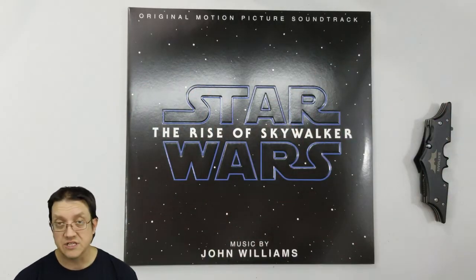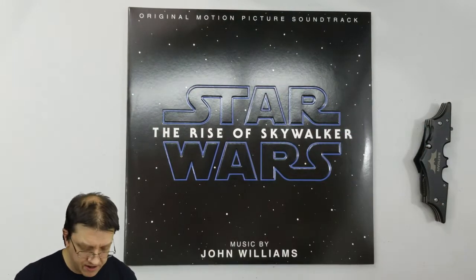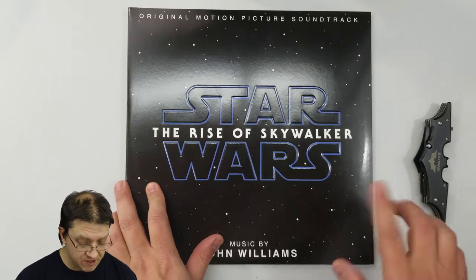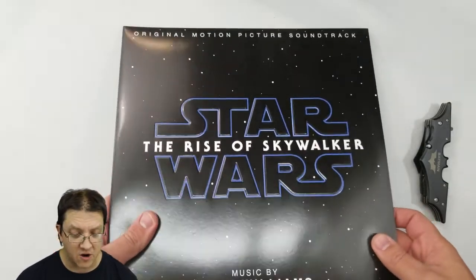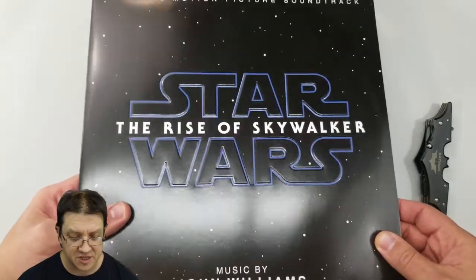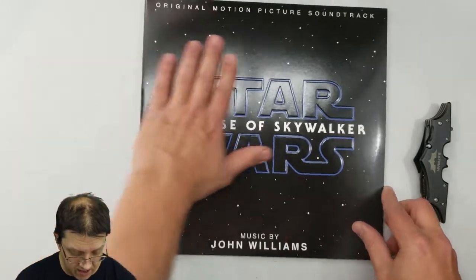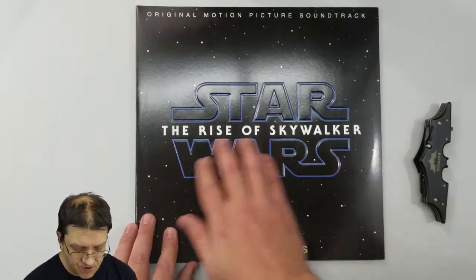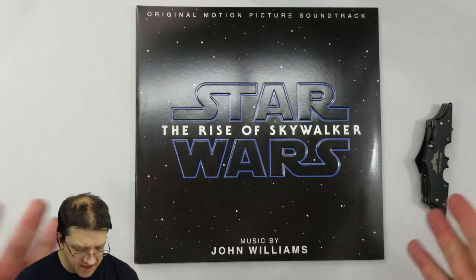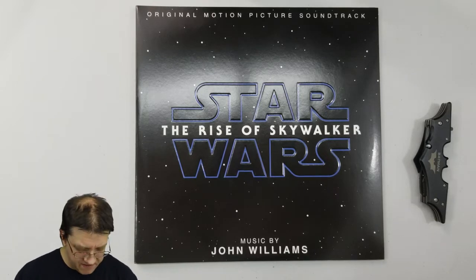Of course, the Star Wars is in different colors. Here we have it in blue with the Rise of Skywalker in the middle. And I forgot to point it out, I think, on The Last Jedi, but it was the same there too. They've embossed Star Wars. I don't know if you can catch it, but you can see they actually have Star Wars raised here, which is really cool, a great quality. Just giving it that texture is really interesting. Of course, on the back a star field, which mimics that opening of the Star Wars,